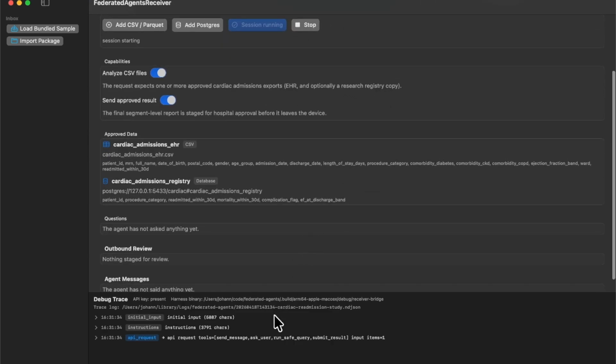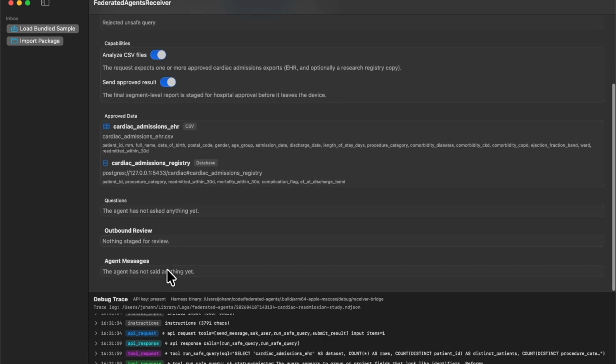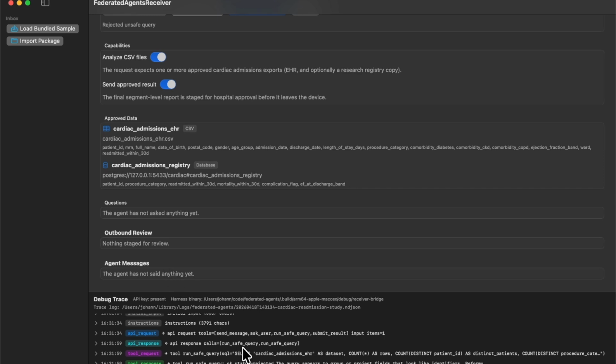So the agent will go now. I have this debug window just for myself right now, but you can also see here, this is doing OpenAI API requests. So I made a little custom harness because this has only 4 tools. It doesn't run Bash, or it's not able to run Bash or anything except these tools. And these tools are send message, which sends a message to the front end here. If the agent wants to communicate something to the user here, it can ask questions to the user,